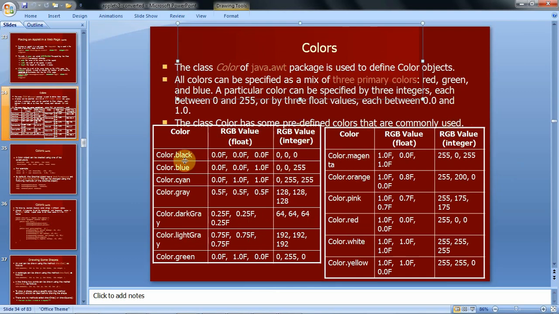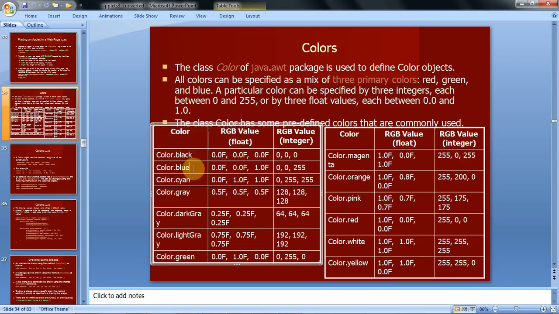If the red, green, blue values are red 0, green 0 and blue 0, with this combination black color is created. So for creating a color we may use the Color class constructor by giving these three values, or we may use the constants directly also.